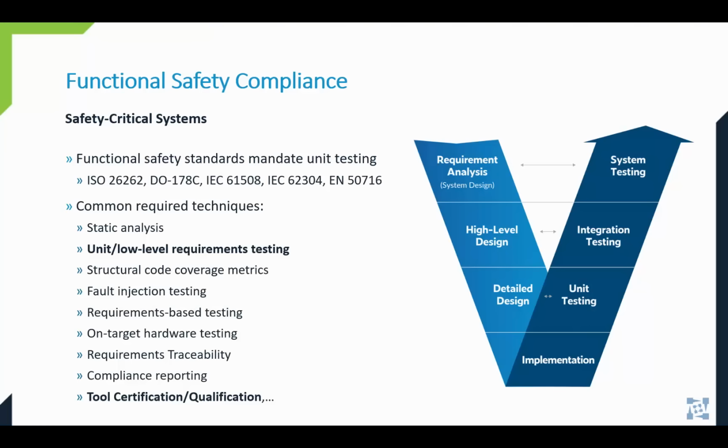In regulated industries like automotive, medical, aerospace, rail, industrial automation, and others, you have functional safety standards that offer best software practices in ensuring delivery of products that are safe. You see some of those standards listed like ISO 26262, DO 178C, and the others. Now, I've put the very well-known V-model process image on the right that the standards live by, showing you the various phases in development, and each phase is very well documented, containing objectives that need to be performed so that